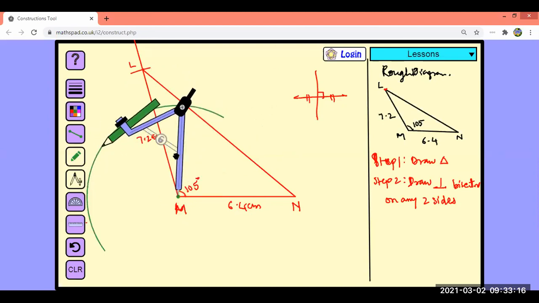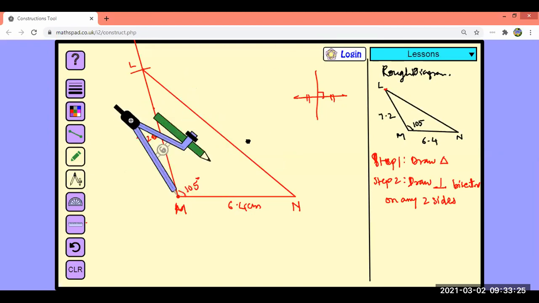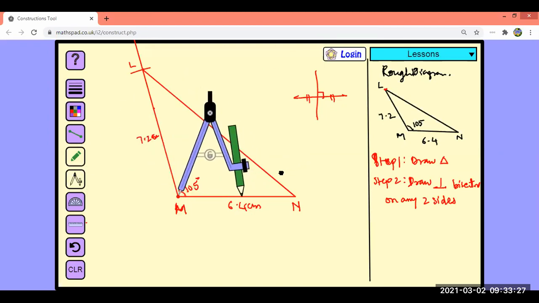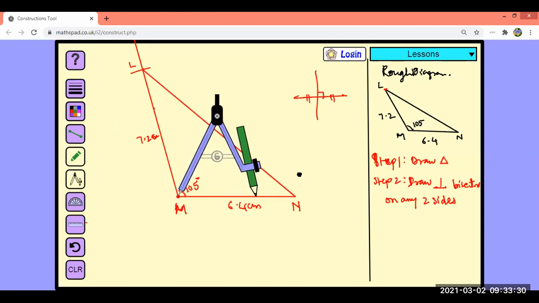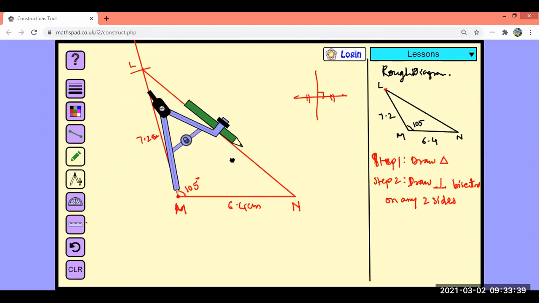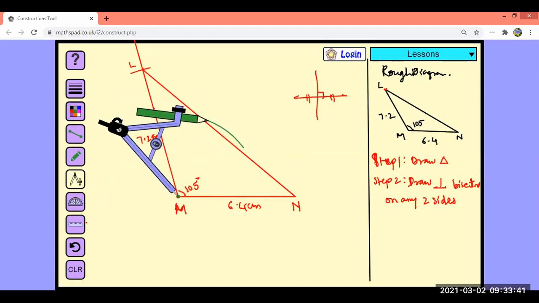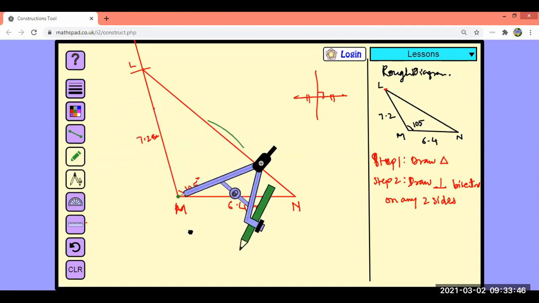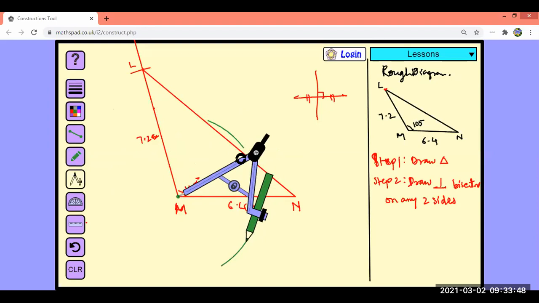So how do we begin? Okay, what can be done? Yeah, one step back. All right, yes. So okay, how do we draw perpendicular bisector to MN? We take more than half distance, okay, and then keep this distance fixed. Using this distance, we are going to draw two arcs, one above the line and one below the line, correct? So we have drawn one arc over here, and the second arc has to be drawn on the opposite side, that is over here. So drawing an arc on this side.